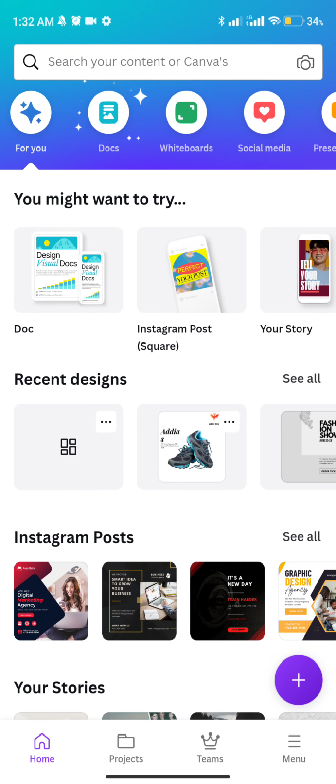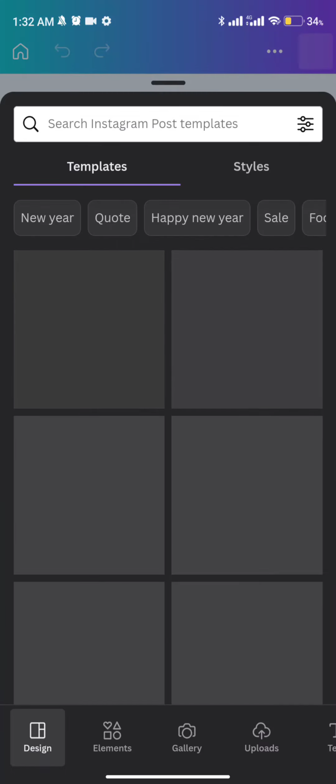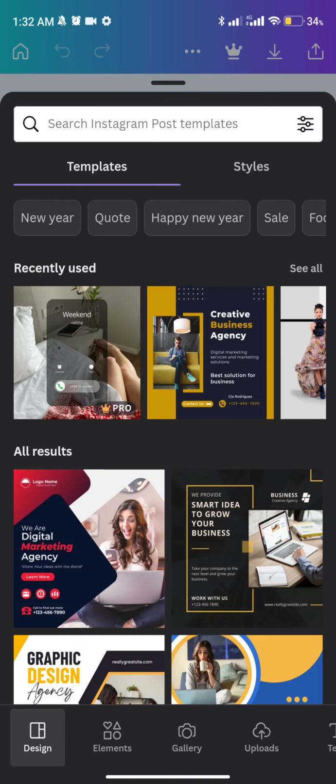How you can actually see the previous work you were doing, you would see recent designs. So the last one is actually your last design. You click on it and it will come back. You see, we have our design back. So let's actually, we are using a white background. So let's click on